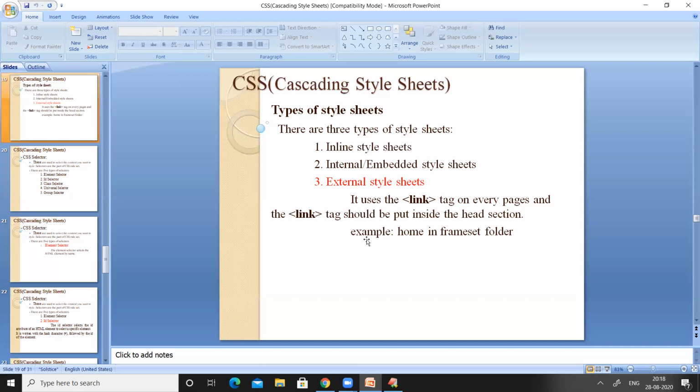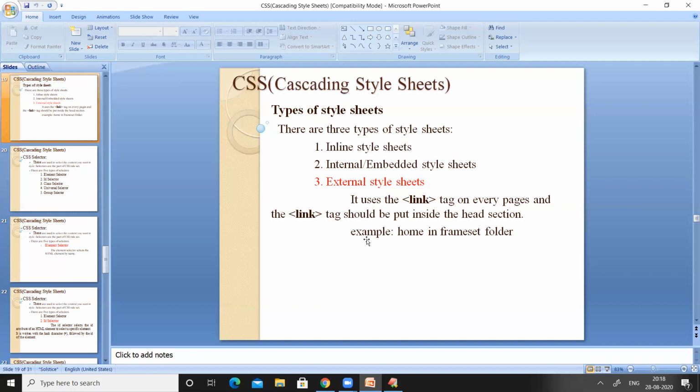Not only 4, we can use the same link tag and apply the external CSS for n number of HTML documents. That means we are reusing the code. We have written the CSS file once and we are using it n number of times, right? We are using the already existing one.